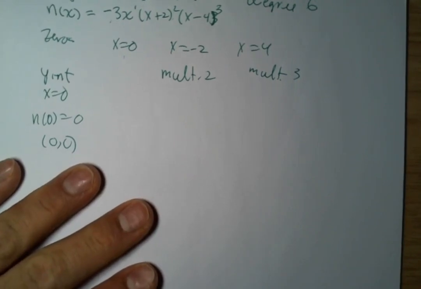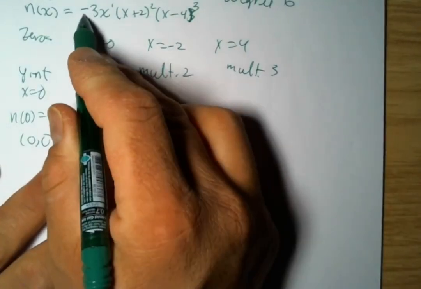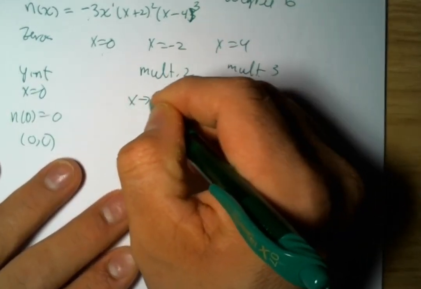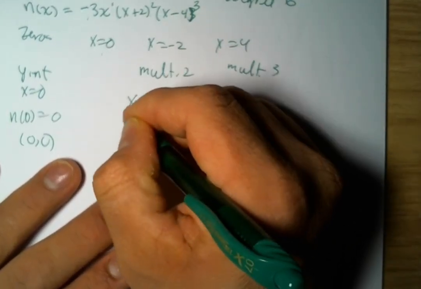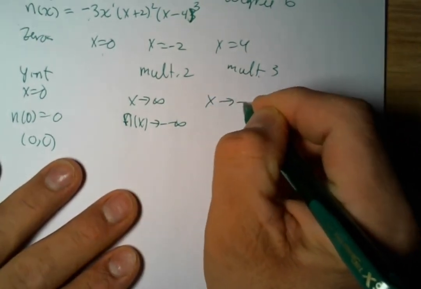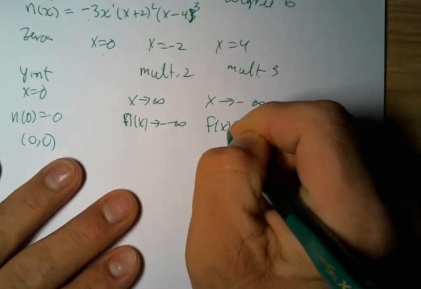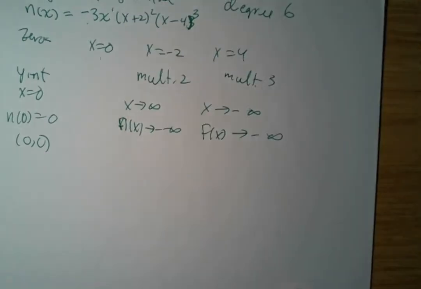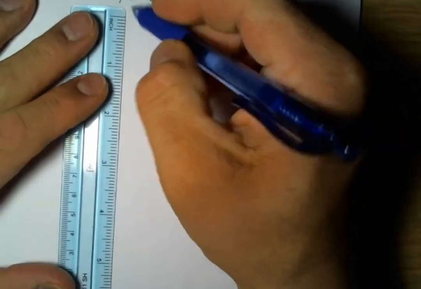Again, with the leading coefficient being negative, that means that as x goes to infinity, n of x goes to negative infinity, and as x goes to negative infinity, f of x also goes to negative infinity. I think we're pretty much there to jump into graphing something like this, so I'll graph